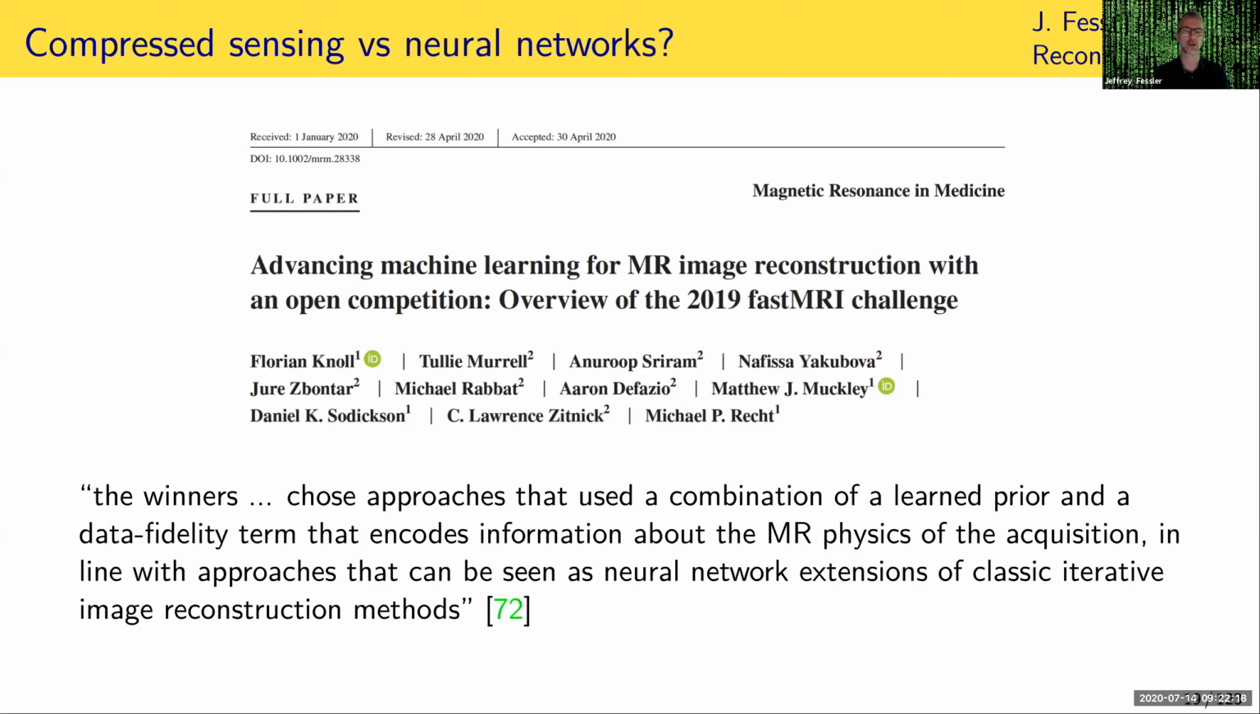the current research is. So in fact, there was just recently a paper describing a challenge for MRI reconstruction, where several groups submitted to a leaderboard advanced machine learning-based methods for reconstructing knee images from training data. And all 3 of the winning groups, this is a quote from the paper, chose approaches that used a combination of a learned prior, so that's the machine learning part, and a data fidelity term that encodes information about the MRI physics of the acquisition, in line with approaches that can be seen as neural network extensions of classical